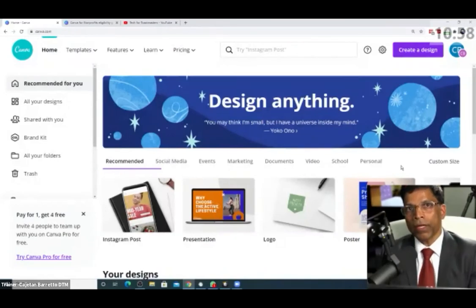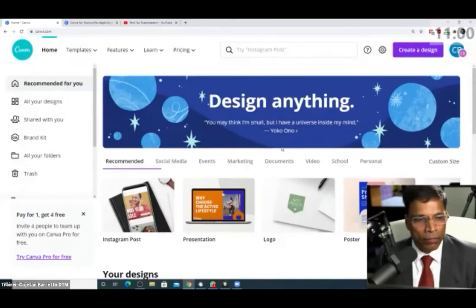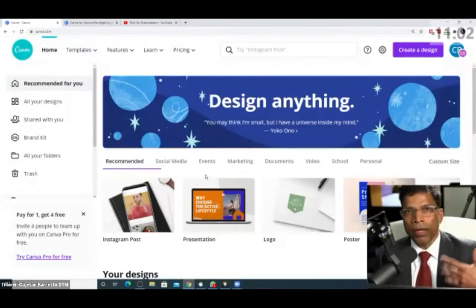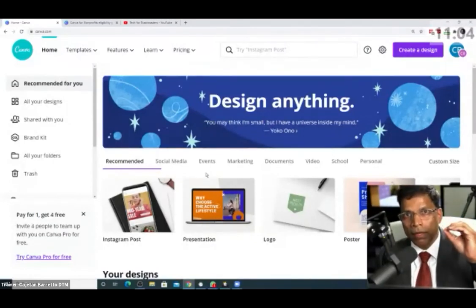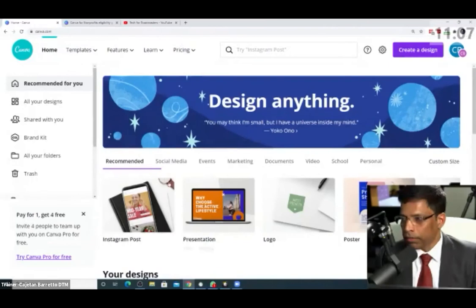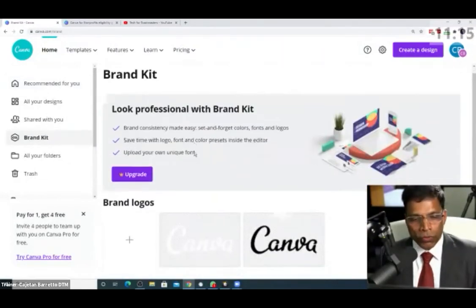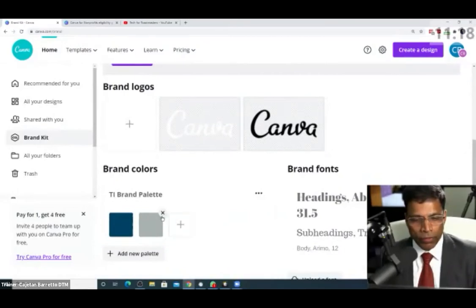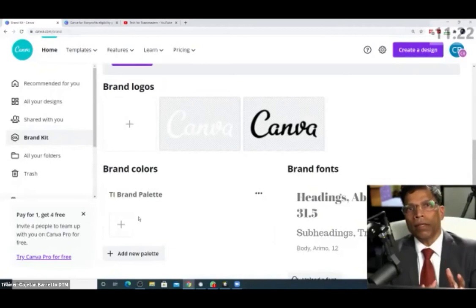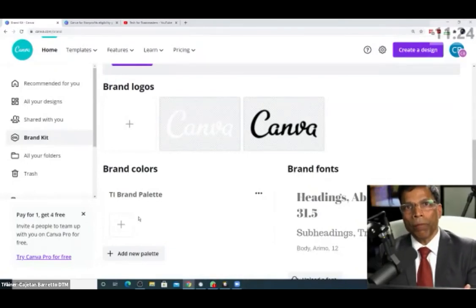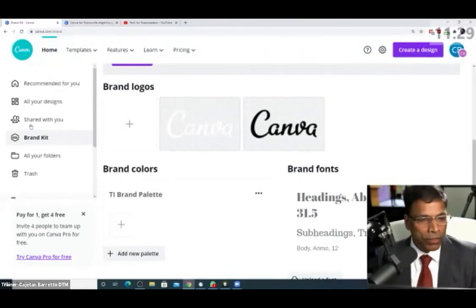And as I said, the first thing I want to do is I want to focus on the colors. And the way we do that, and to make it life easy for us to get the exact colors of Toastmasters, is to go here called the brand kit. And the brand kit for the free account allows you to set up, let me remove all these colors, up to 3 colors in the kit so that you don't have to remember the exact color codes whenever you want to use them. So first you go to the brand kit.